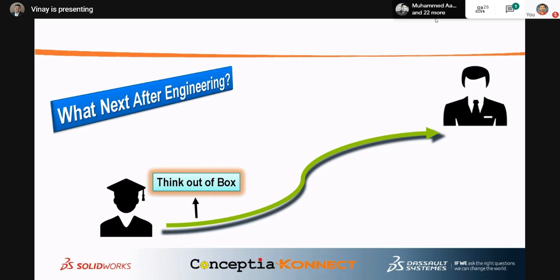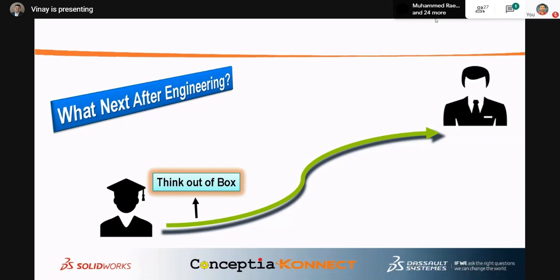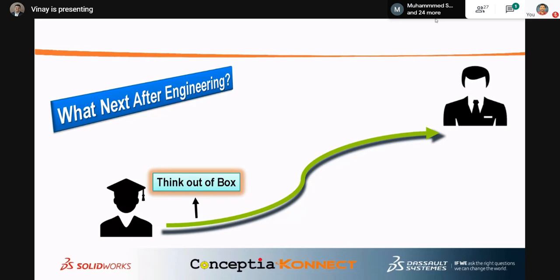Still you are after 8th sem, 9th sem. See, Abdul, like one of your friends, after he has completed his 8th sem, still he has not decided what his professional life, professional career should be. Even in third semester, fourth semester, when you are coming to the fourth semester, you have to decide where you have to go and join, which platform I have to work on, what I should learn. Then only is it possible that you can get a good job.